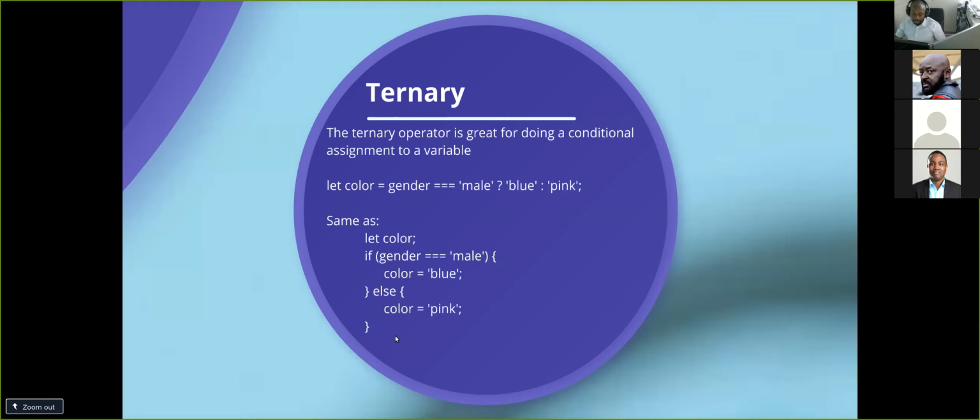And so we can break it down. What I'm trying to do here is assign a color based on the gender variable. If gender is male, the color is blue. If not, the color is pink. I want all male to be blue, anything else pink. That's a simple if-else. Rather than having to define color and then do if gender is equal to male, assign blue to color, else assign pink to color,